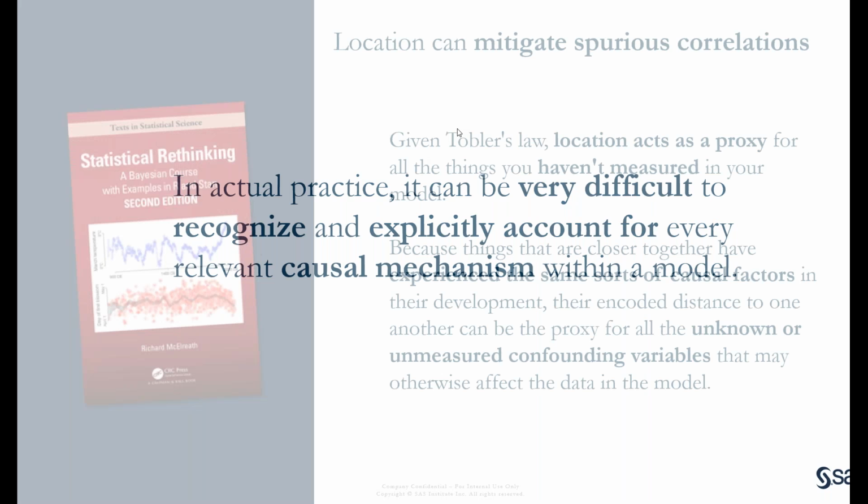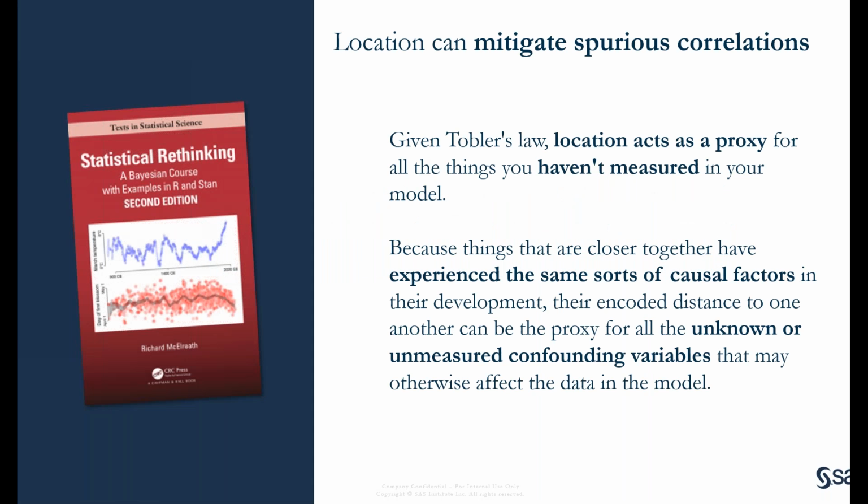And this is where, so there's another book I've been reading, Statistical Rethinking. This is what kind of put it all together for me. This is how I started thinking about why spatial data is so important and how it can be used in these cutting edge machine learning techniques or artificial intelligence techniques. Location can mitigate spurious correlations. So we kind of saw that in terms of the minister and the price of vodka, even in the Waffle House Southern example.